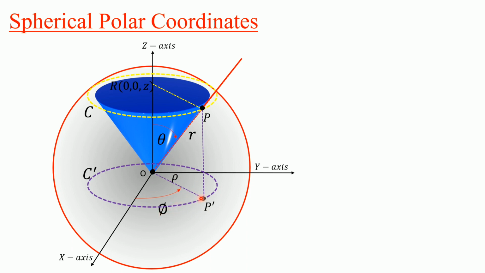So the coordinates of P dash will be rho comma phi,